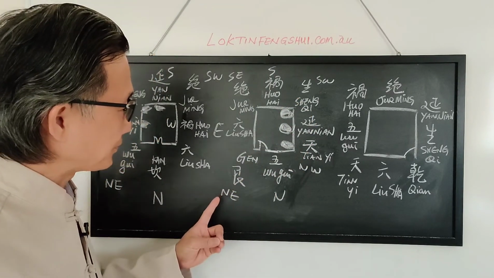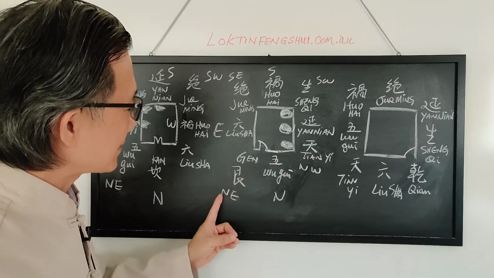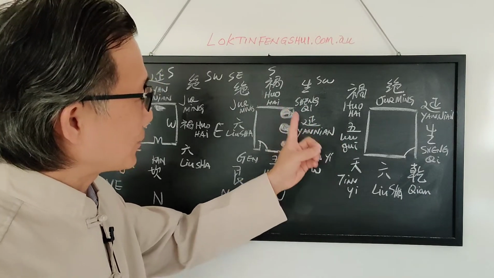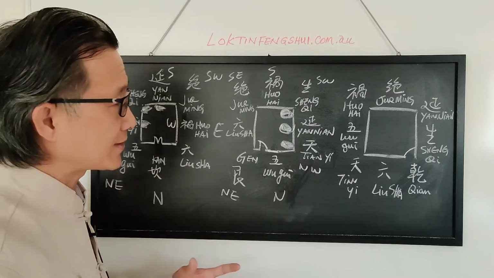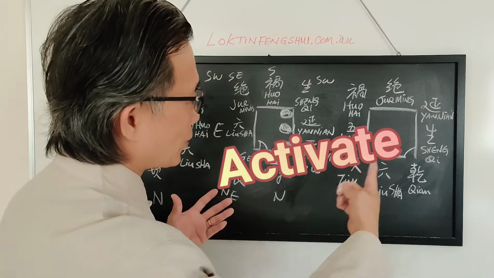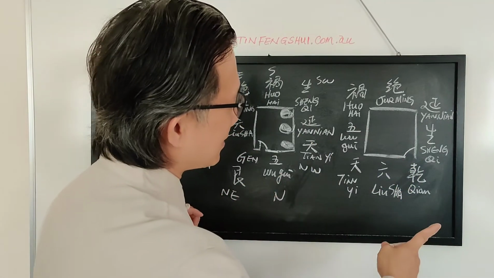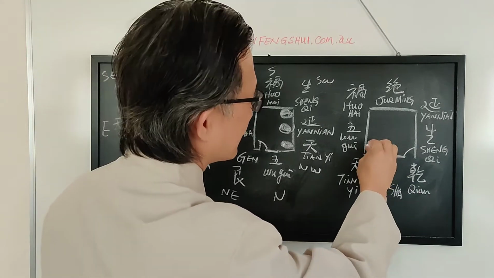So let's say if the door opens in the Gen sector here, then the west side, the west sector, they're all good sectors to activate and use. And let's say this one here, the door is at the Chen sector. So again, for the Chen sector, we can activate this